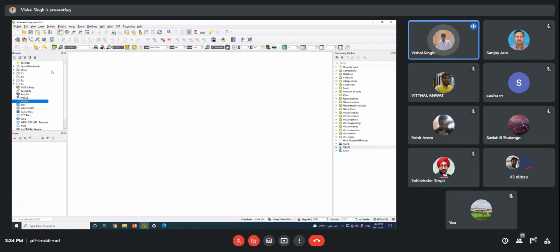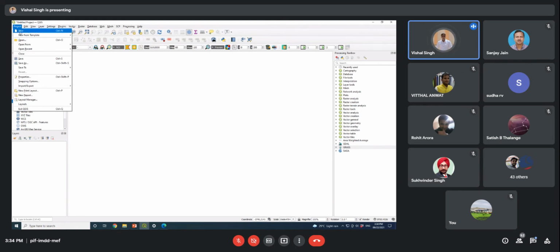Now you can see the first option is Project. In this option, you can create a new project by clicking here, and you can save your project. Suppose you are working in a particular project and you don't save it, you do some work, and after finishing your work you just close QGIS.